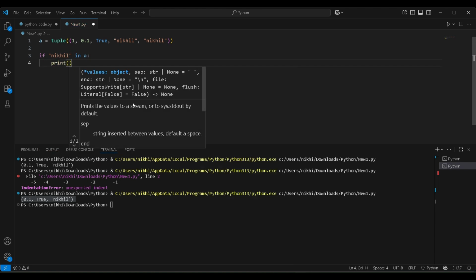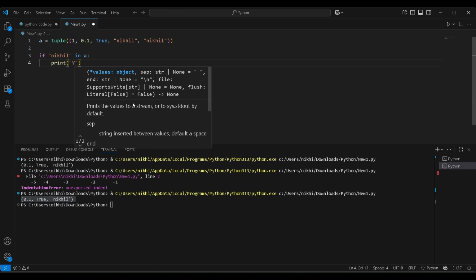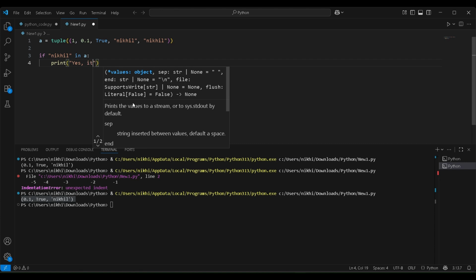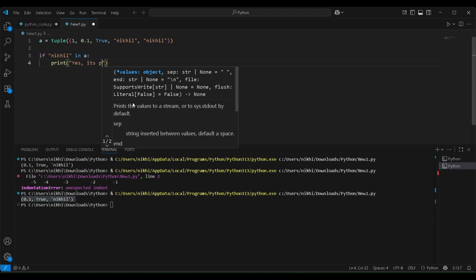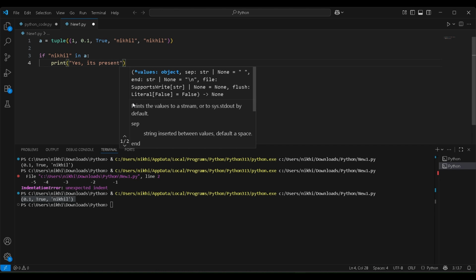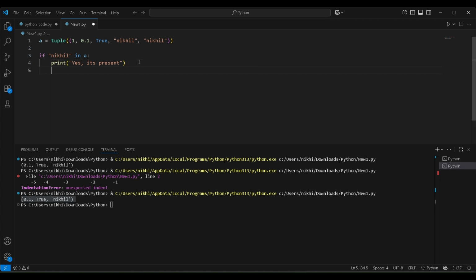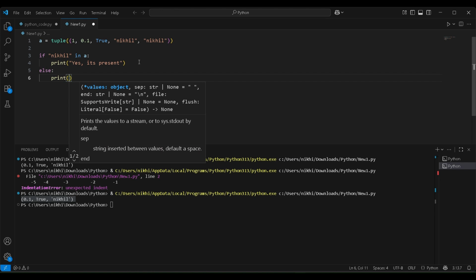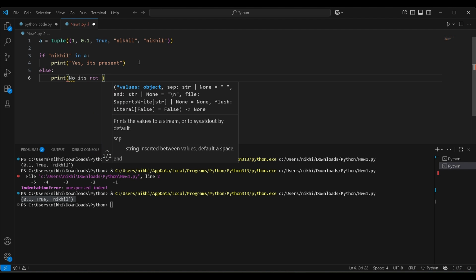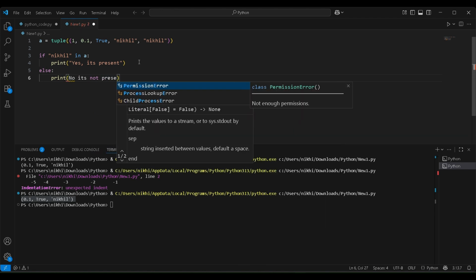So print of yes, it's present. Otherwise, if not, it will run the else condition and print no, it's not present